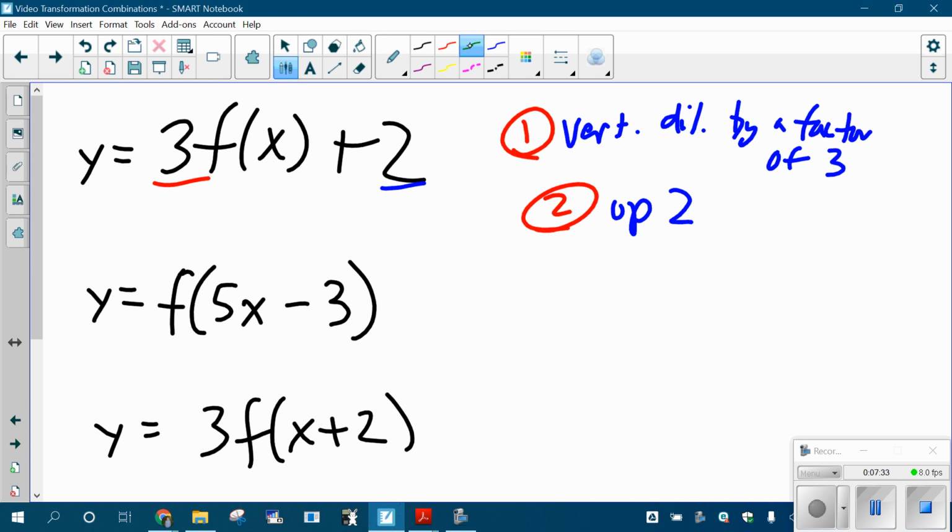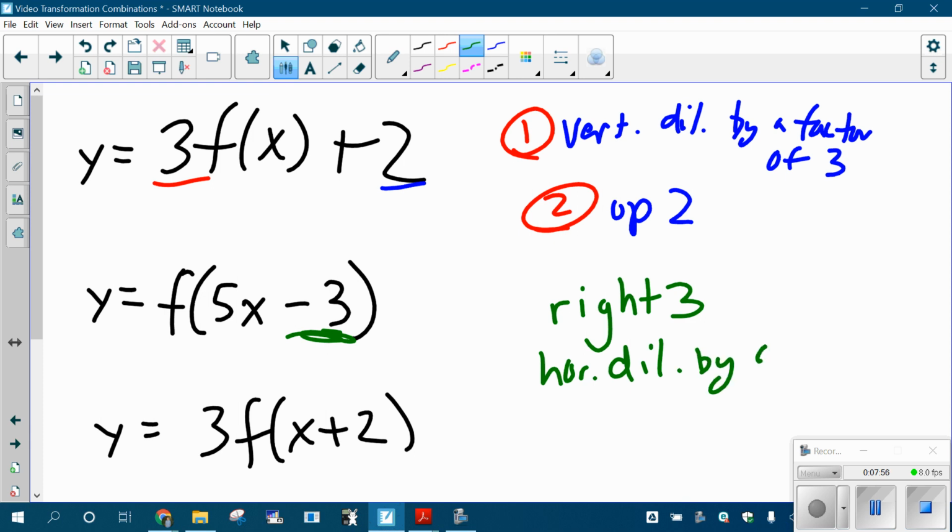Okay, next one. I have 2 transformations. I got this -3 on the inside. That's going to move it right 3, remember. It's horizontal, it's on the inside, and it's minus, but it works backwards, so it's right 3. That multiplication by 5 on the inside is going to be a horizontal dilation. Okay. By a factor, not of 5, it's not 5 times as wide, by a factor of the reciprocal of